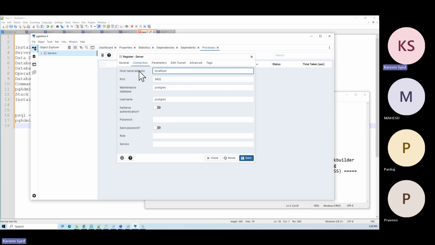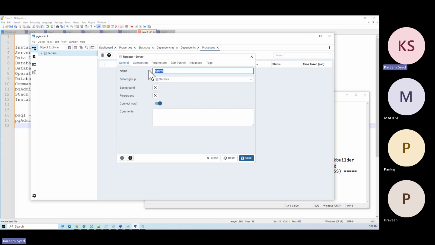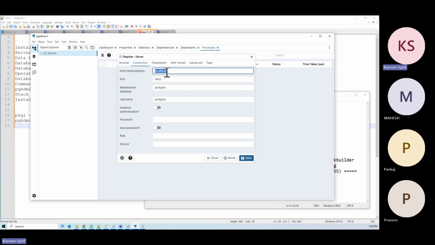Basically here, we are just making the connection. You can put any name here to identify the server. But in the connection, we have to mention the host name or IP address of the server. We have installed on the same machine, the same VM, that's why I'm going with localhost. Default port is 5432. By default, it takes the postgres database name. Why? Because by default one database is created with the name postgres, which